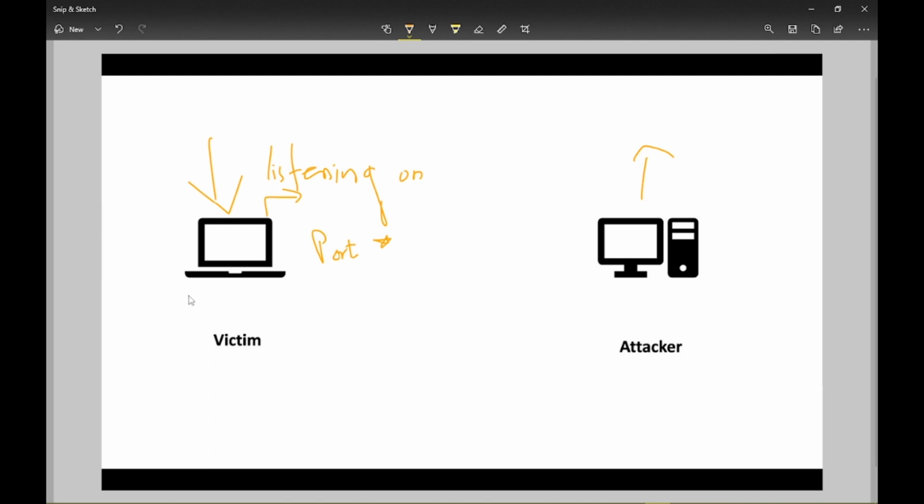After this, this machine is listening, so we execute a script here that just sends a request to this machine on the same port the victim machine is listening on. If all these things work normally, then you get a shell, and through that shell you can execute any commands from your attacking environment on the victim environment. That means you can get information about this victim machine, you can download something from it to your machine, and you can also upload something, some scripts, some exe files or anything from your PC to the victim machine. So by using this technique,